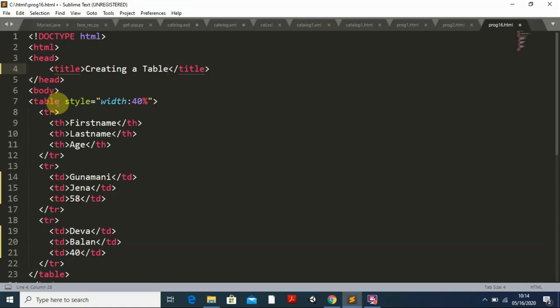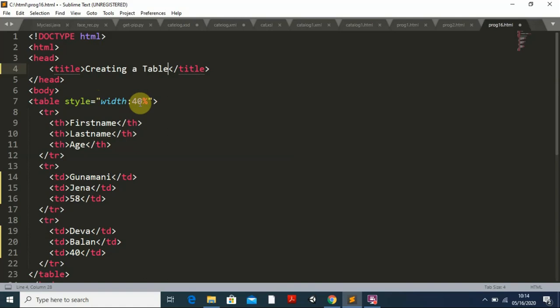Okay, so it is a general type of table, and it is not given in the form of a box. It's just like an open table. I put the table style is equal to, you can create a number of styles, because without going for this cascading style sheet I am giving it here. Table style is equal to, I am giving width is equal to 40%. How do you write one style? The parameter I give is under double quotation: width colon 40%.